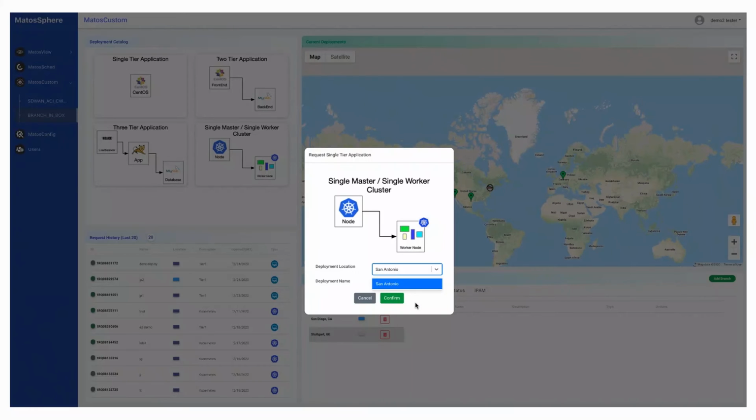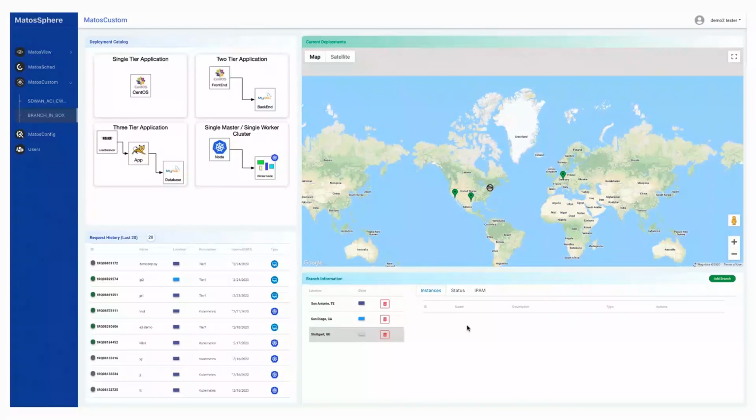So you have a choice of where you want to deploy certain pieces of infrastructure on certain locations. You might only want to have containerized information on a certain branch deployment. You can restrict that to a single location. So in this case, we've restricted to San Antonio. We're going to do a cluster deploy, and we'll kick that off. And that starts the deployment in the Cisco Container Platform. And if I log into CCP,